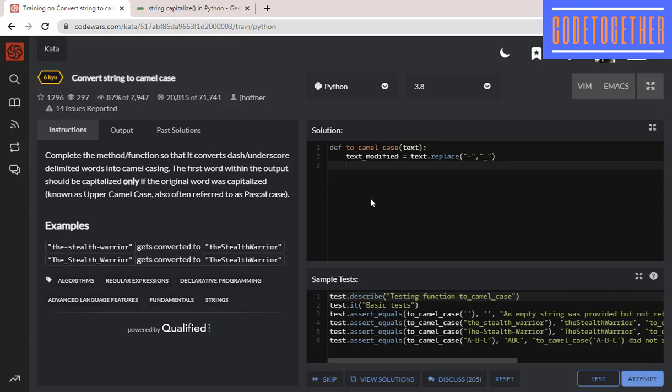So the final list is L and just text modified dot split, use a split function, and the separator is underscore, and this function takes out all of the words which are separated by the underscore. Okay, and so for now we have a list,